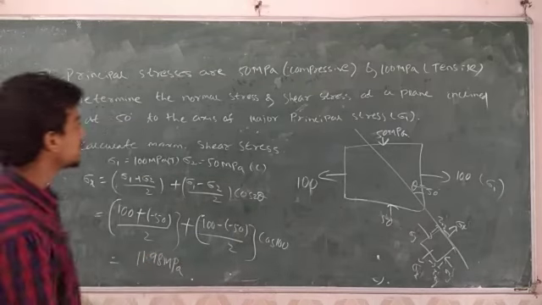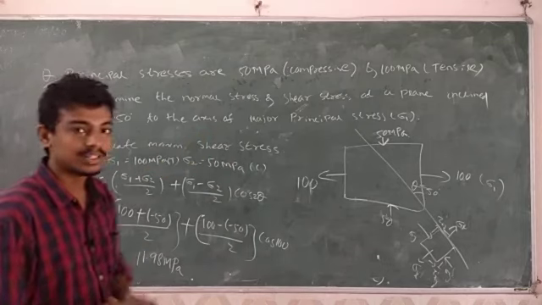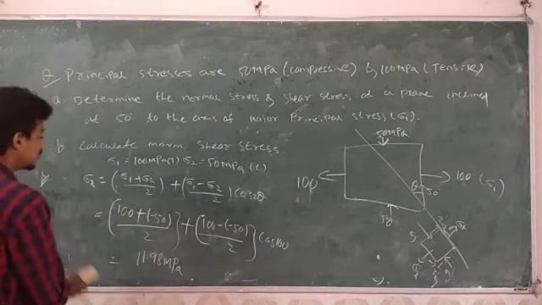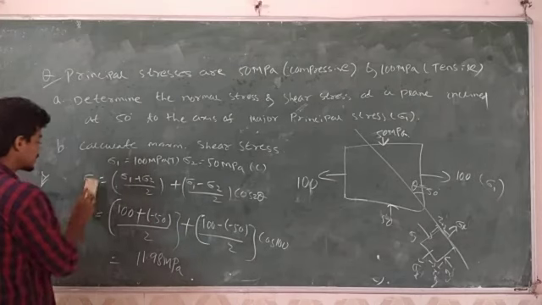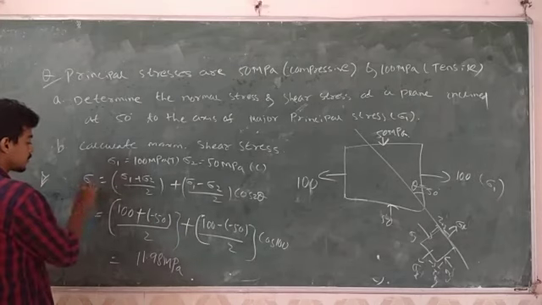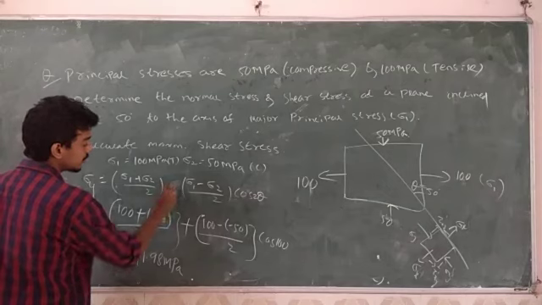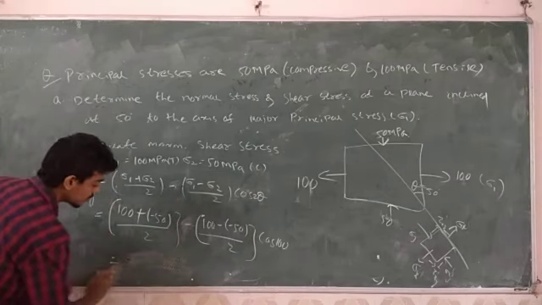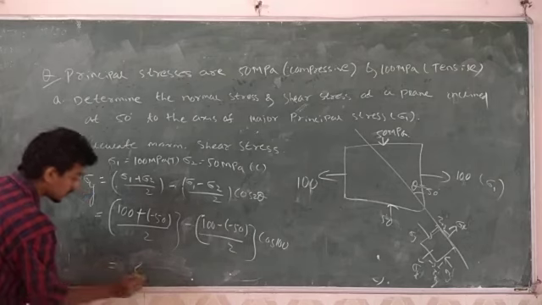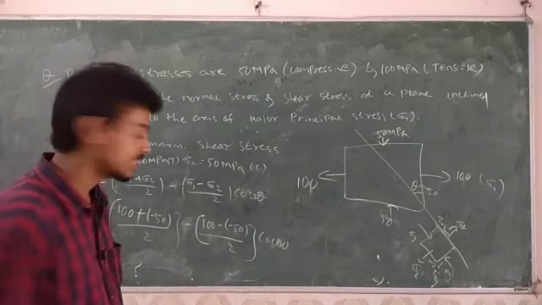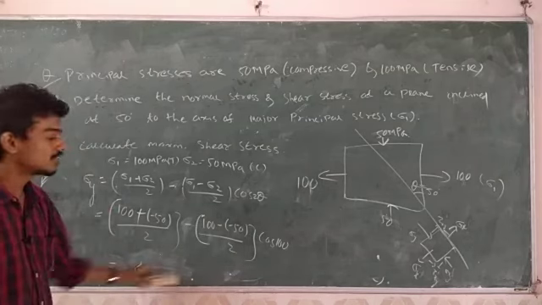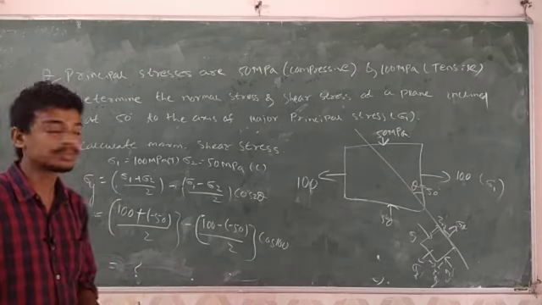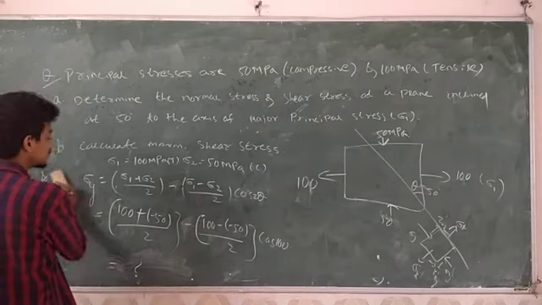Okay. So one part of the problem is over. Sigma y you can find out, just put the value negative. So if I take sigma y here, it will become negative, rest remaining same. Whatever the value will come, that is not given in the book, you can find out the values. Only you have to take care here, take minus because it is compressive. So that is about normal stress.